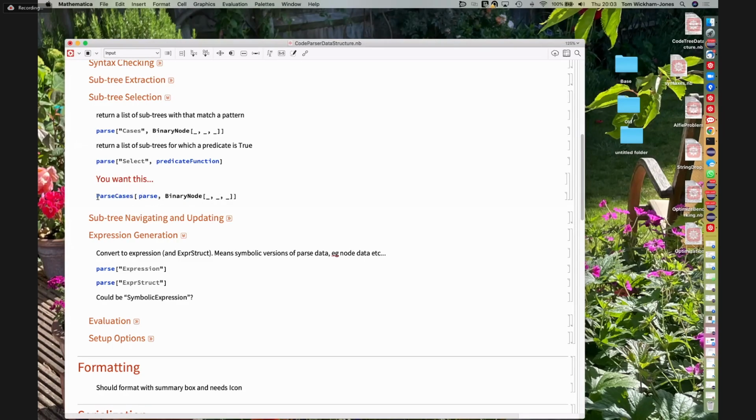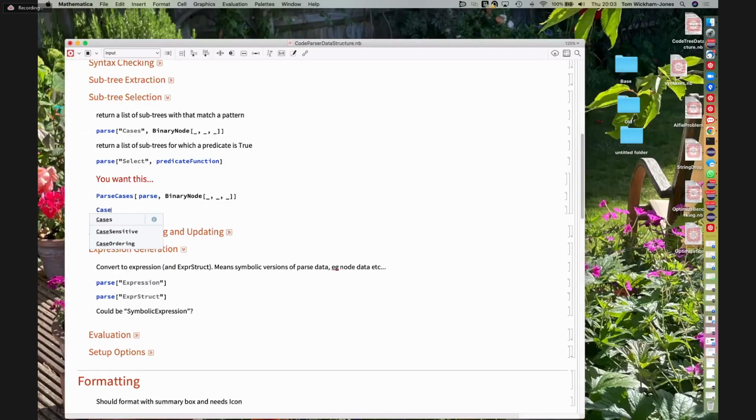Okay, fine. So you want something like this: parse cases. If we need to do that, fine. It's not obvious to me that we need to do that. Possibly, I don't know. Or I want something that's based just on tree to do this. Okay, that's why I'm pushing on the